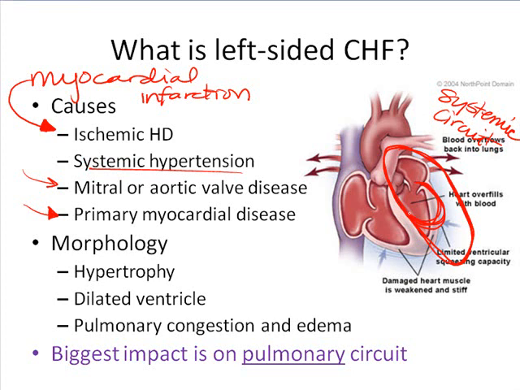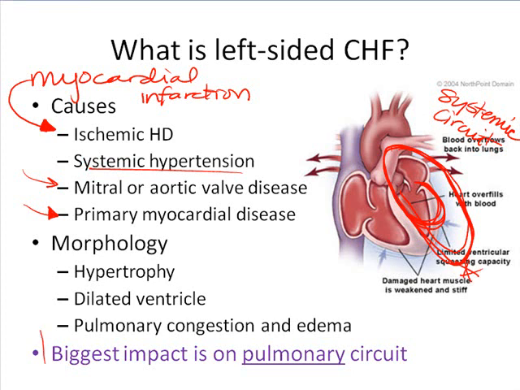And this is the big thing. Think about the fact that blood that's entering into the left side of the heart came from the lungs. So if the lungs are supplying blood to the left side of the heart, and the left side of the heart is not pumping all that blood out into the systemic circuit, we start to get a buildup of blood behind the point of the problem. Okay? So behind the left ventricle, we get a buildup of blood. That blood builds up in the pulmonary veins, which means it then builds up into the lungs, and it can even build up all the way back into the right side of the heart.